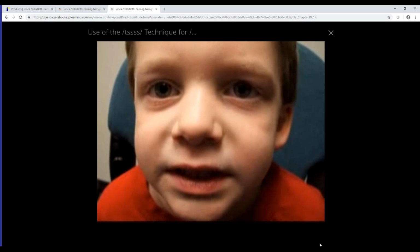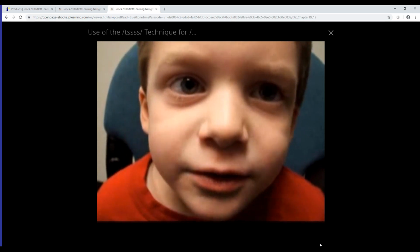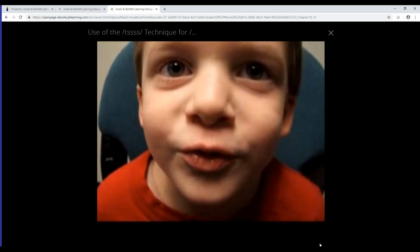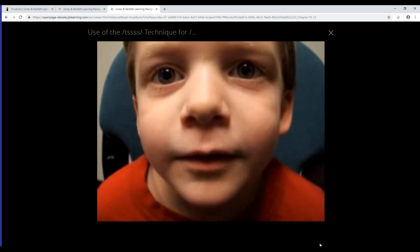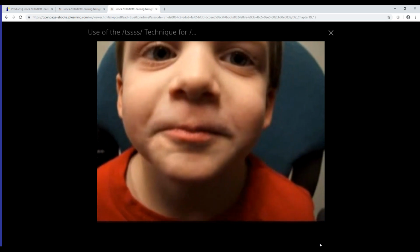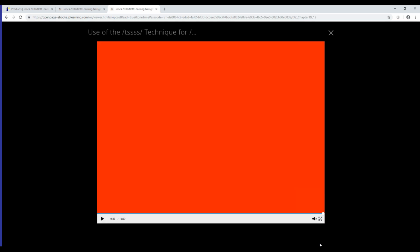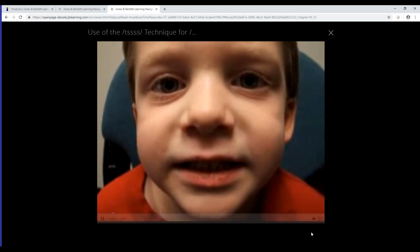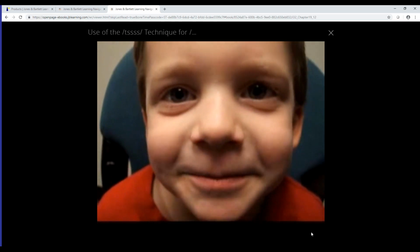They are really close to the child, so that you can see the mouth and the face very easily. They're not done from a faraway camera. The audio is very good. And the other thing is that every one of these videos has been edited, so they're no more than, I think there might be one that's more than 30 seconds, but they're very